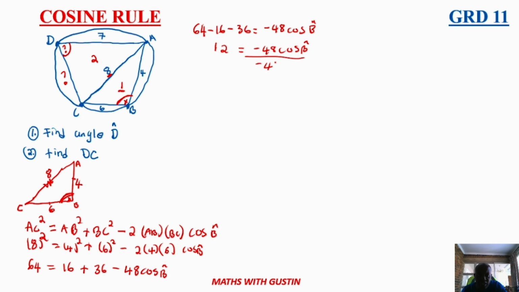Divide everything by negative 48, which gives us cos B is equal to